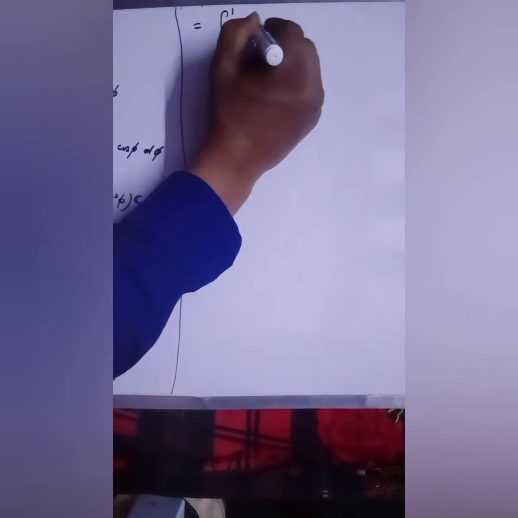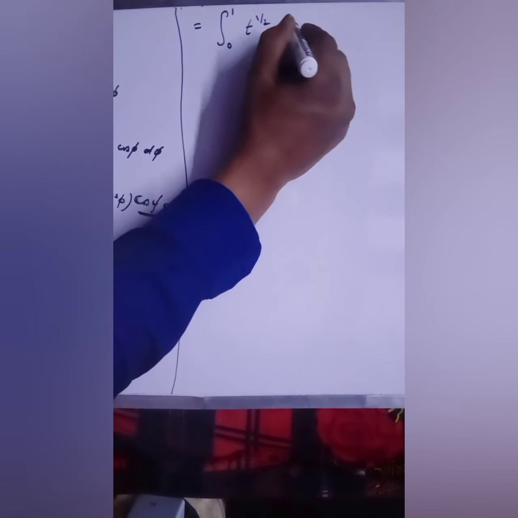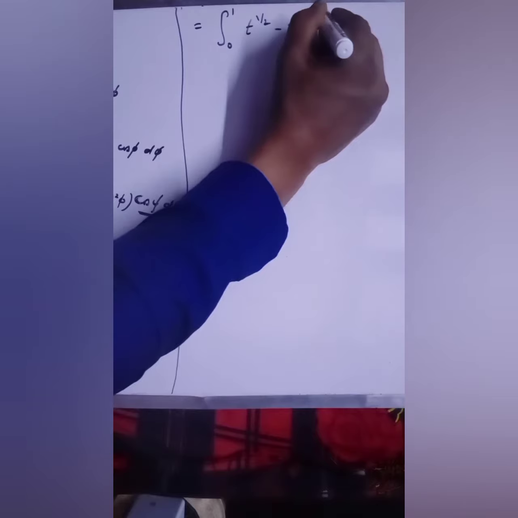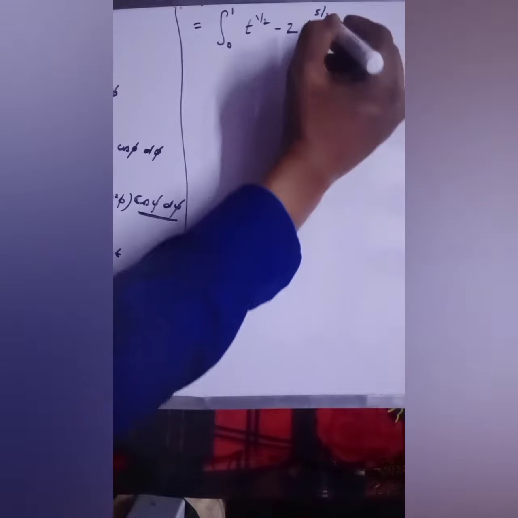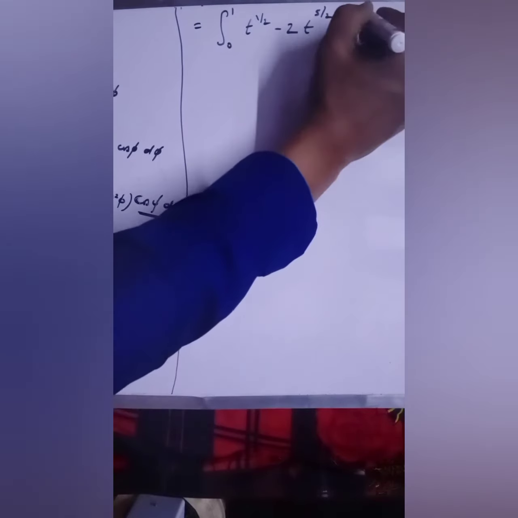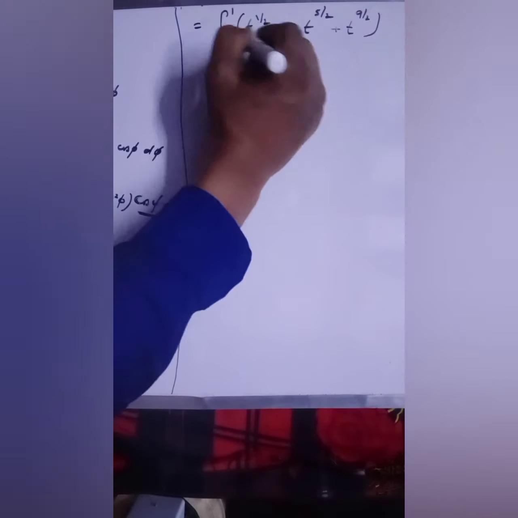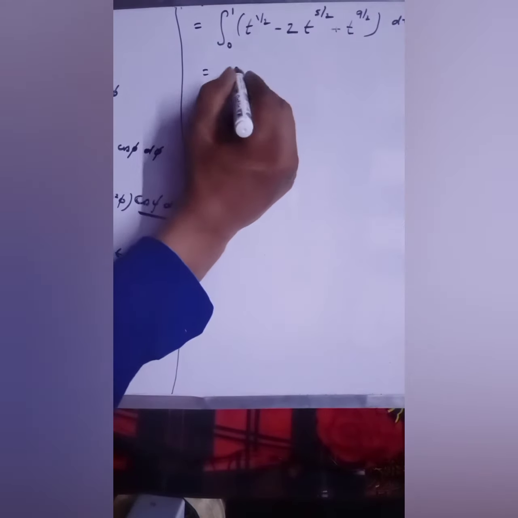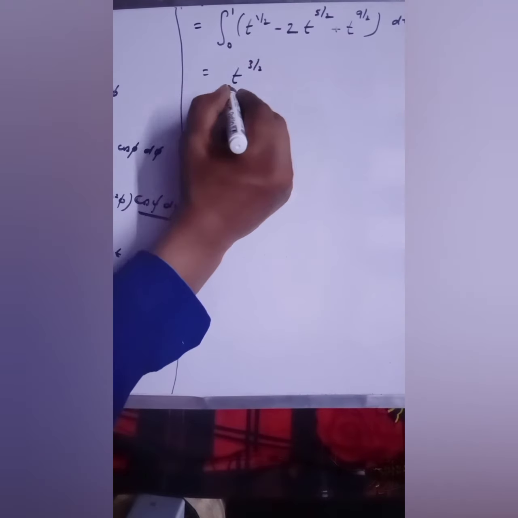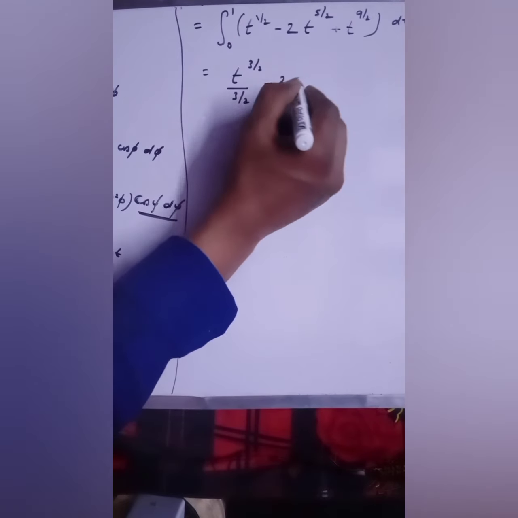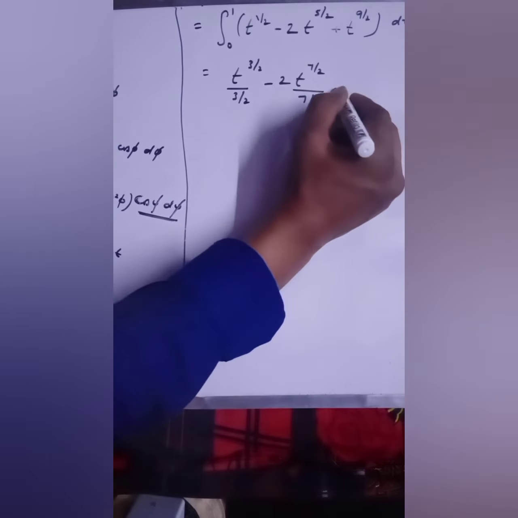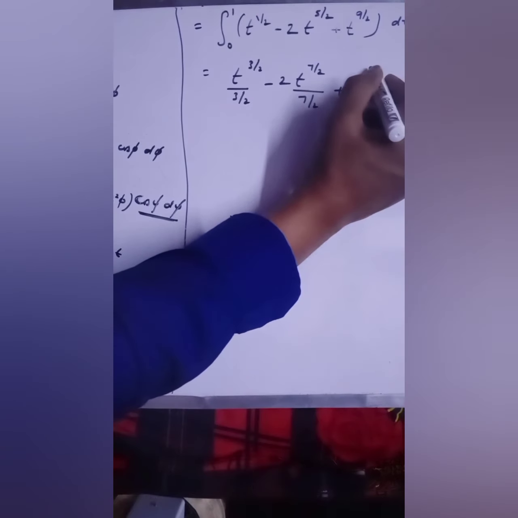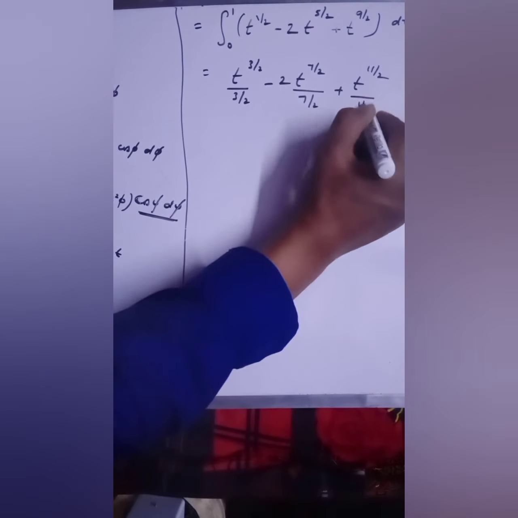Okay, t raised to power half minus 2 t raised to power 5 by 2 plus t raised to power 9 by 2, and this whole dt. Okay, so when you will integrate this, you will get t raised to power 3 by 2 over 3 by 2 minus 2 t raised to power 7 by 2 over 7 by 2 plus t raised to power 11 by 2 over 11 by 2,